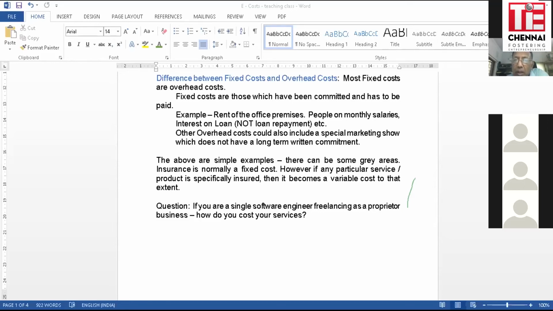Again, say you're opening an office in one location instead of another. You should have opened in, let us say, Besant Nagar. You ended up opening it in Anna Nagar, for example. Now, that was an opportunity cost because you would have made much more money in Besant Nagar than in Anna Nagar. I mean, both are nice places. I'm just saying whatever names come to my voice. Or a restaurant without non-veg dishes at all, to attract vegetarians, but vegetarians are not attracted. Are you going to then change your whole profile? No, those are opportunity costs.